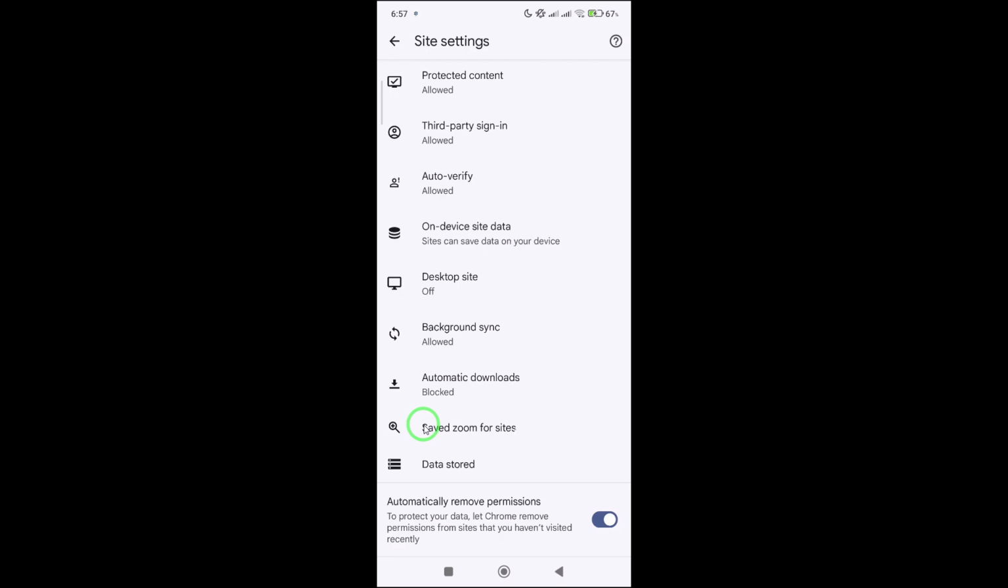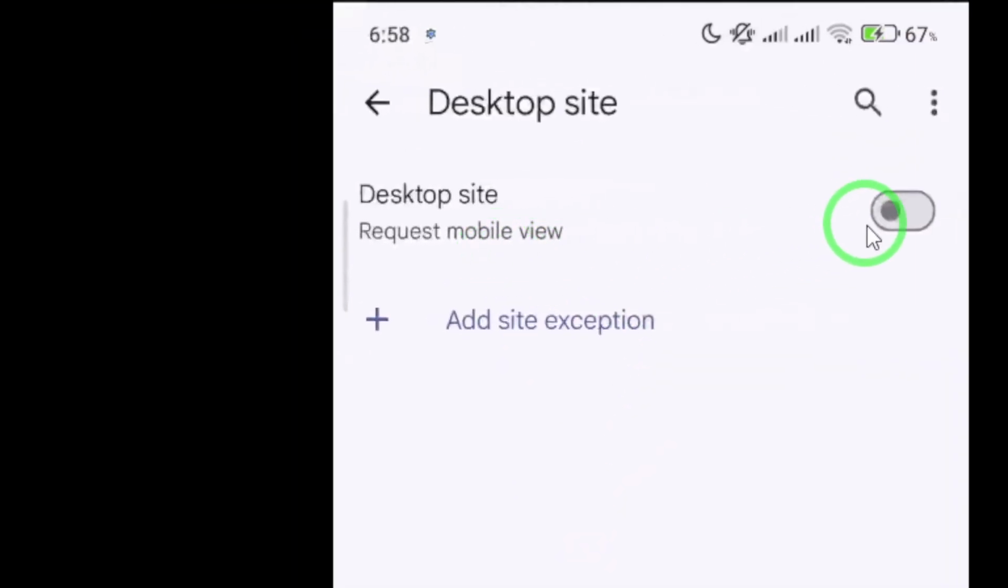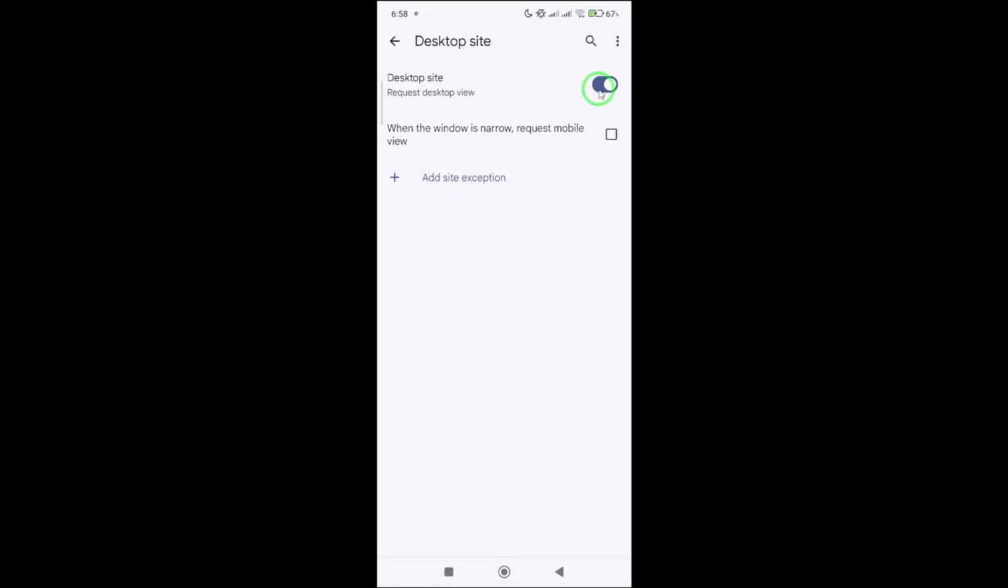Within the Site Settings menu, look for the option labeled Desktop Site. Tap on it, and you'll see a simple toggle switch. All you need to do is turn that switch on. Once enabled, Chrome will request the desktop version of websites instead of the mobile version whenever possible, and that's all